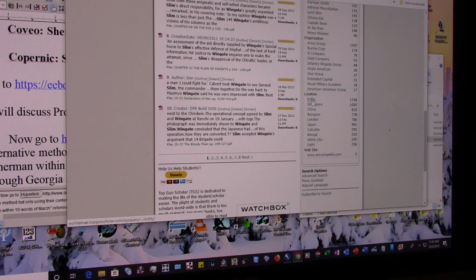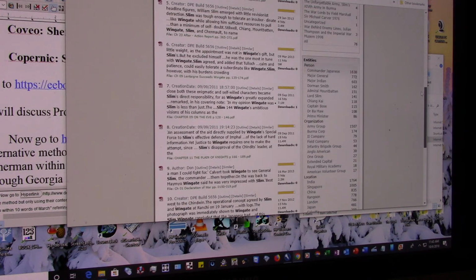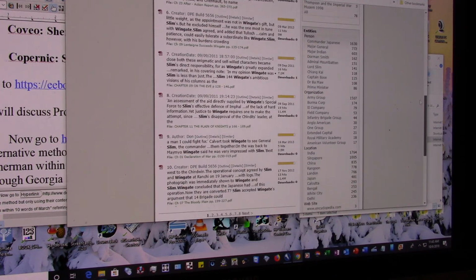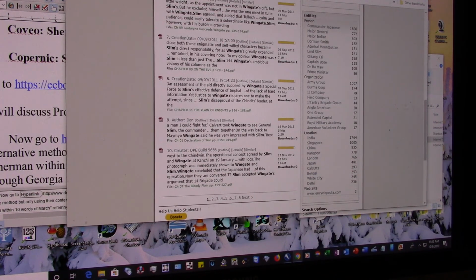So you've got India. If you hit India, you'd end up with 1,700 references. Singapore would have 1,005, China 835, Rangoon 778, London 766. To illustrate how that works, we'll go back up here and look under Admiral Mountbatten. If we click on that,